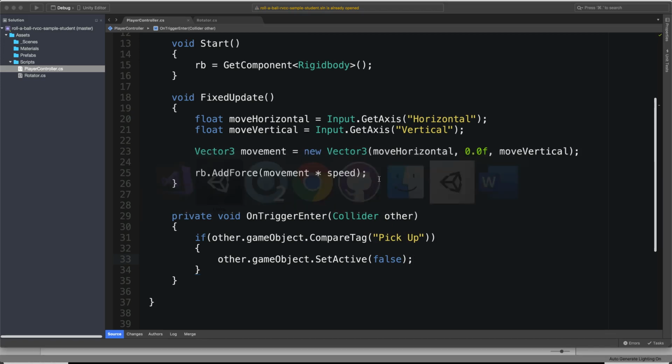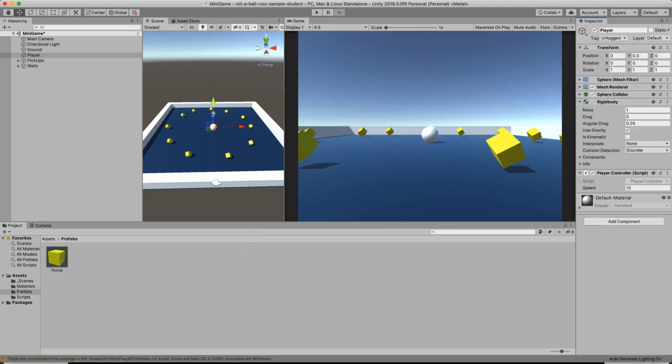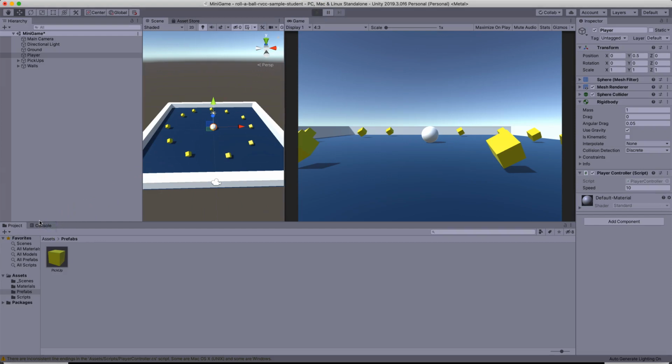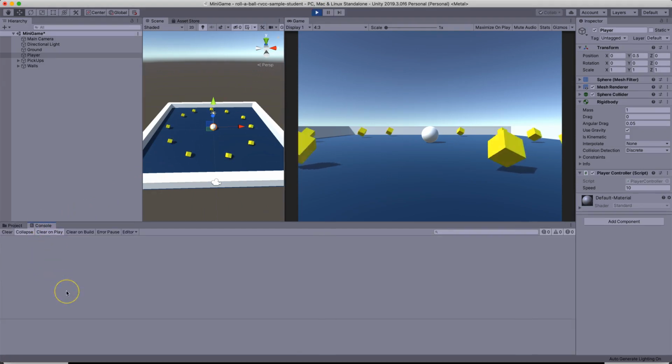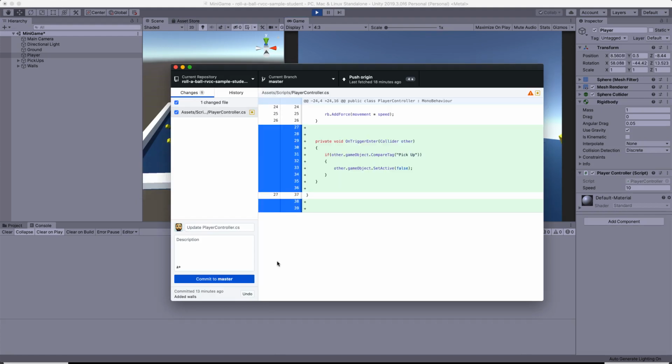Go back over to Unity. Unity is going ahead and recompiling that script. If I hit play, I can go into my console. There are no errors in the console. If I run into anything, as we saw in the sample video, we still don't have something set up in the physics engine in order to make this trigger active. So we're going to do that in the next video, but first I'm going to go over to GitHub Desktop